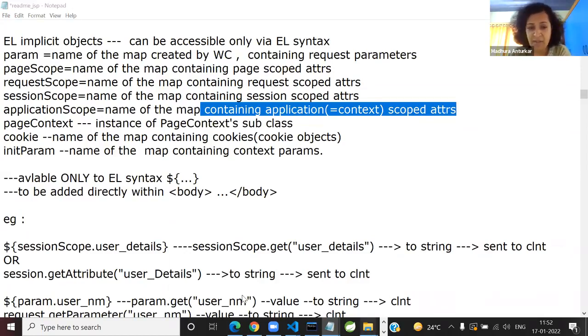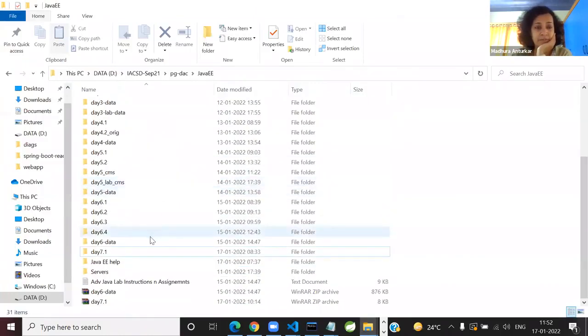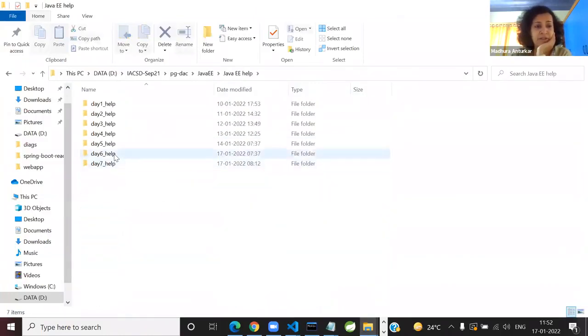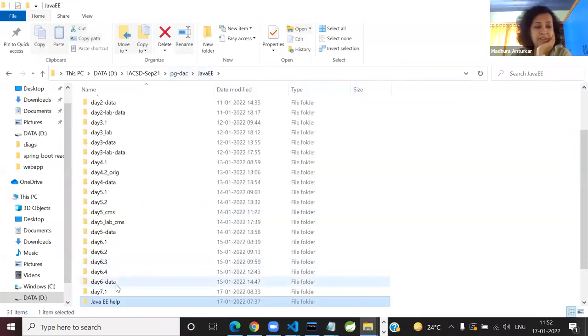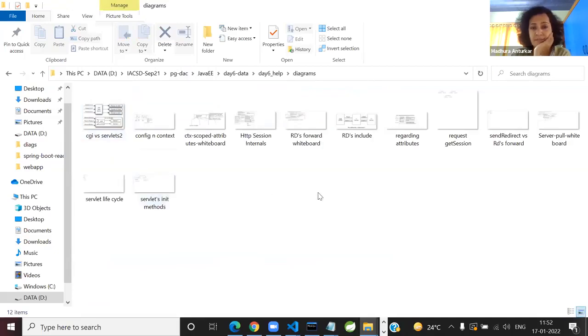I hope I've shared it. Otherwise, I'll share it; I need to dig up some other training. Just a second. Java help. Wait a sec. Day 6 data, right? Day 6 help diagrams. Yeah. So please open day 6 data, day 6 help diagrams, which was already shared on the weekend, and open